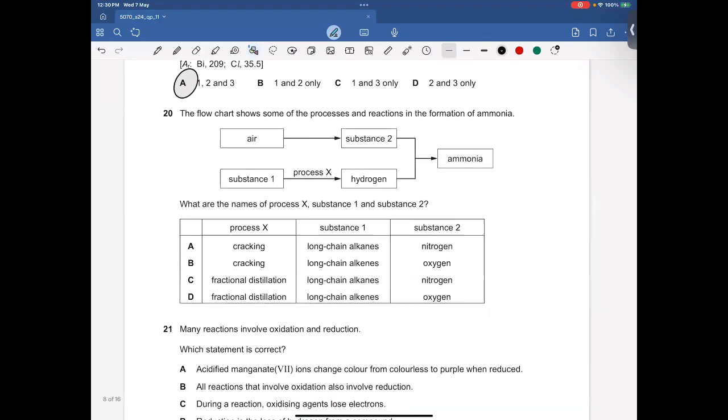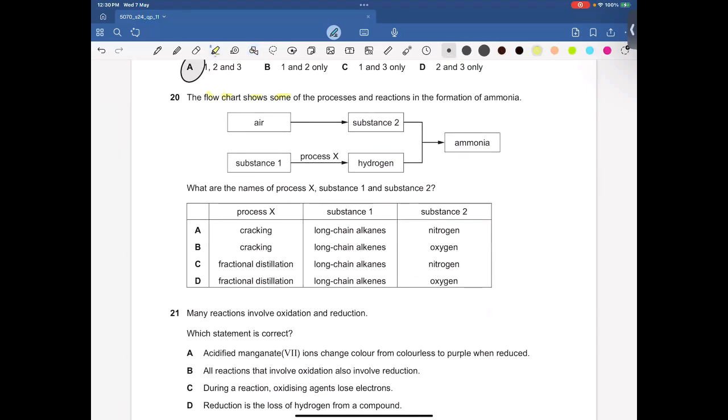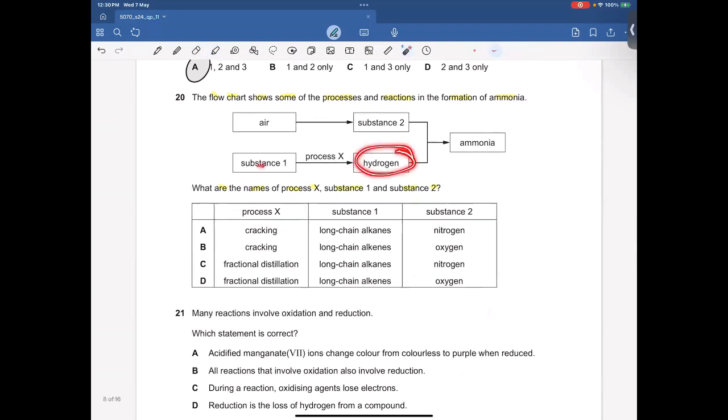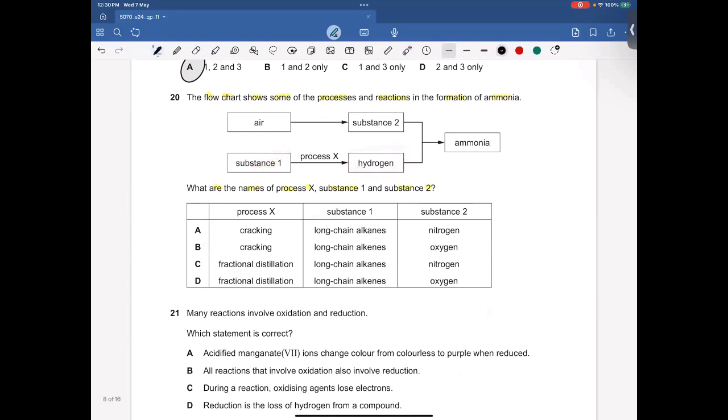Question number 20. The flow chart shows some of the processes and reactions in the formation of ammonia. What are the names of process X, substance 1, and substance 2? By the way, hydrogen is obtained from the cracking of hydrocarbons. Substance 1 is basically a long chain alkane,